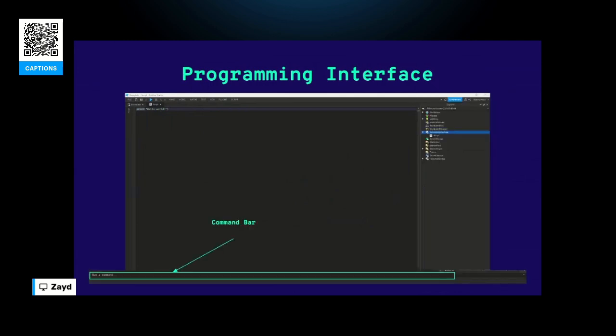And finally, this is the Command Bar. This is where you can experiment with different code. I use this a lot, especially when I'm trying to work with different properties or different functions that Roblox may provide, just so I can get something in there quickly and test it out on the go. This really helps visualize, especially for me when I'm trying to make different visual effects.